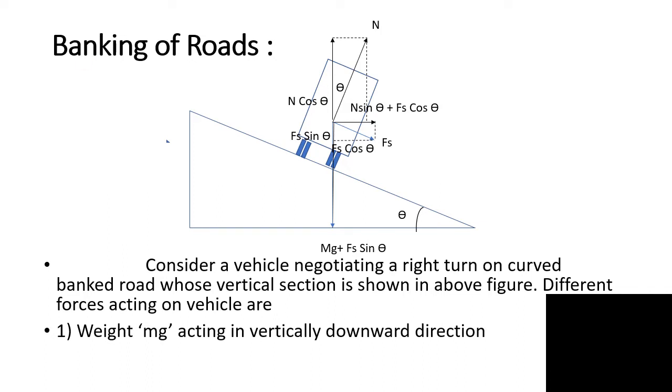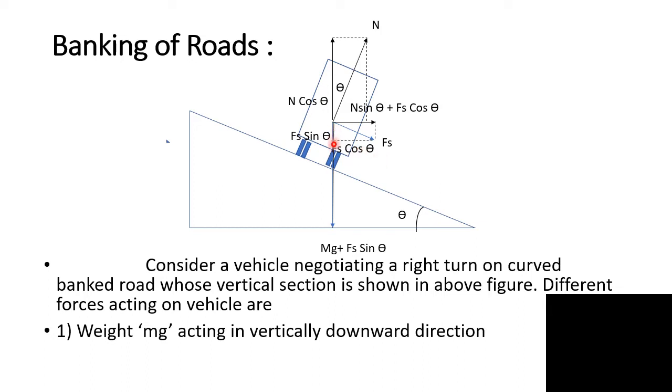Now we obtain the expression for maximum safe speed and angle of banking of road. For that, consider a vehicle negotiating a right turn on curved banked road. The vertical section of vehicle and road surface is shown in the figure. Different forces acting on a vehicle are: